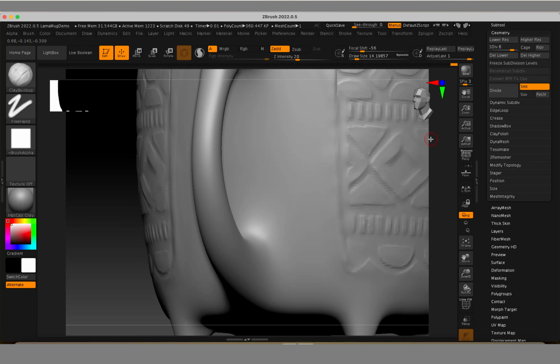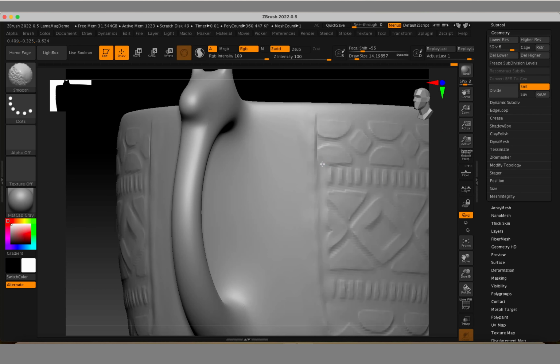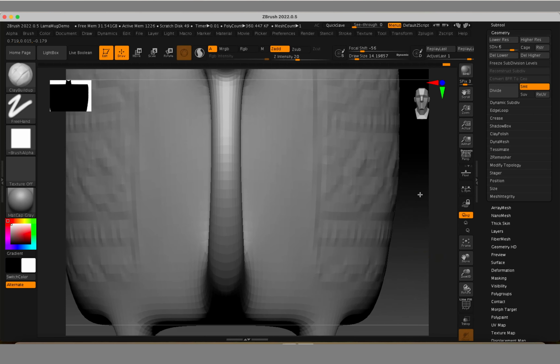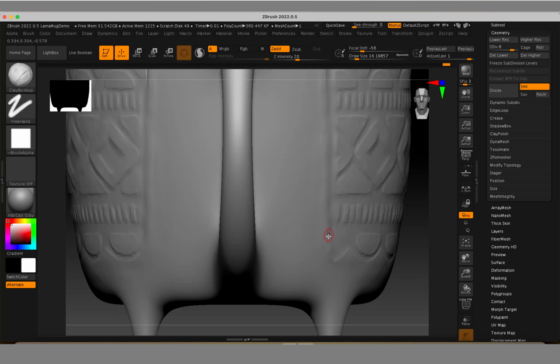Looks better than it just did a second ago. Just gonna smooth this out and dig in here a little so that it looks like there is an intentional gap between here. You know, and then I'm going to, you probably guessed it,